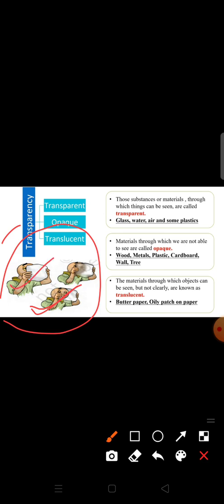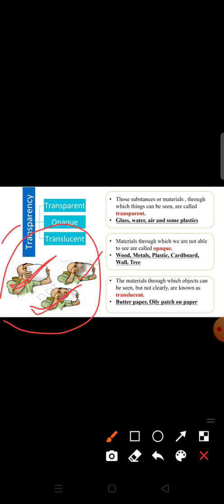It means this is the opaque object or opaque material. Now see the next one. This boy is trying to see on the other side, but he is not able to see clearly. Okay, so the objects through which things can be seen but not clearly are known as translucent objects. So it means this is translucent material.